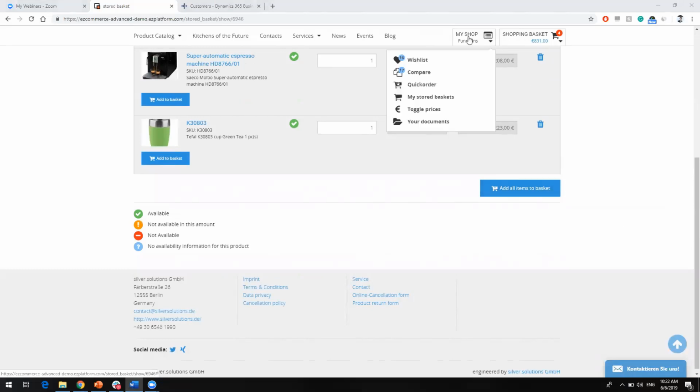So that covers my stored baskets. Now the next feature I want to show is a very B2B-oriented feature, and that feature is